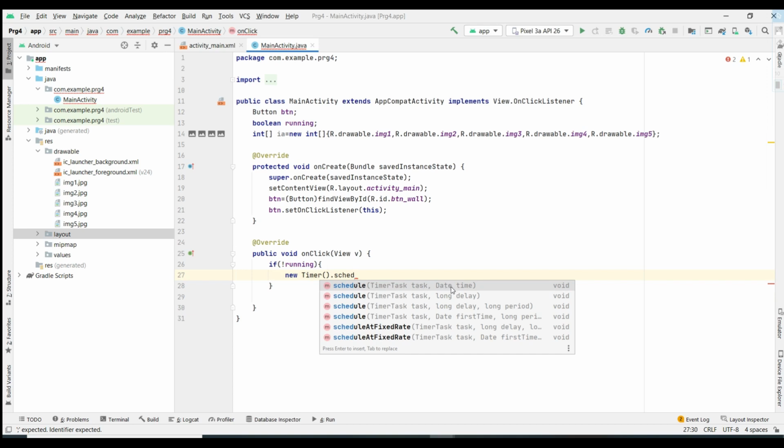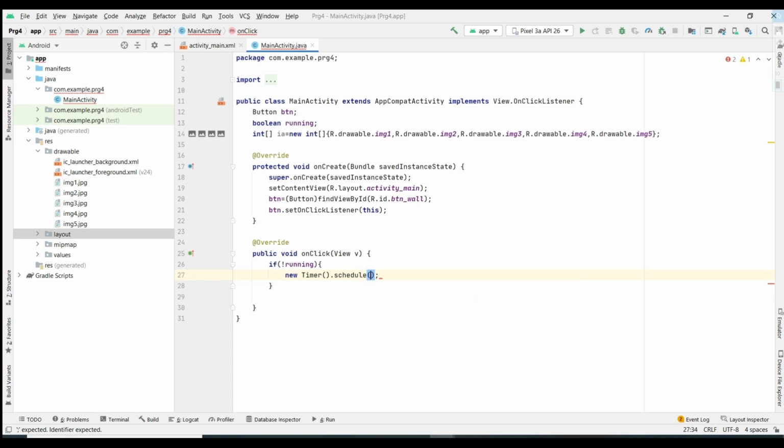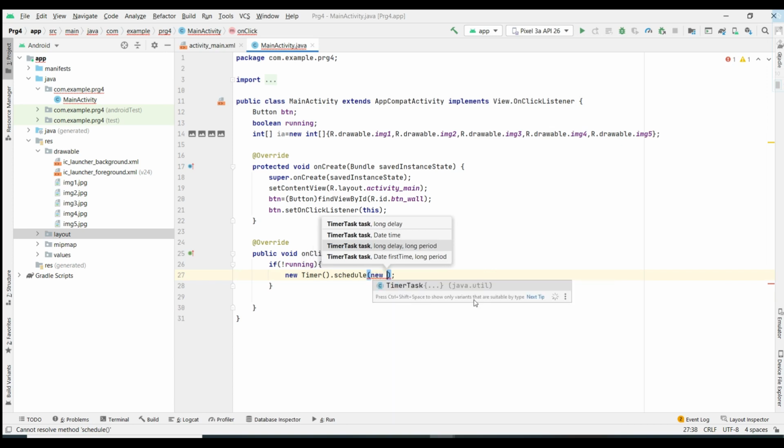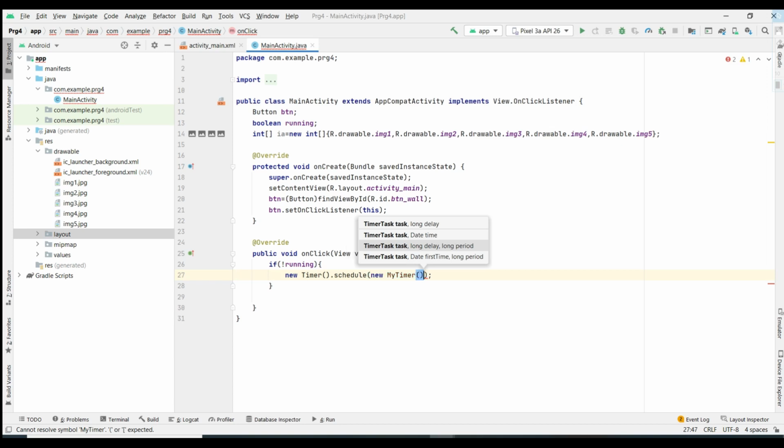Here it is going to take two or three parameters. Just click on the three-parameter option: timer task, long delay and long period. Here we need to create the object of the class, that is my timer class. We are going to create that class later. So my timer, and what is the delay?